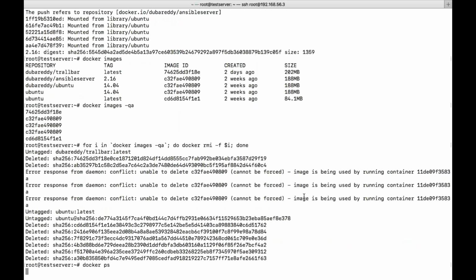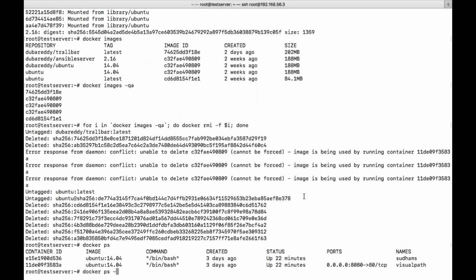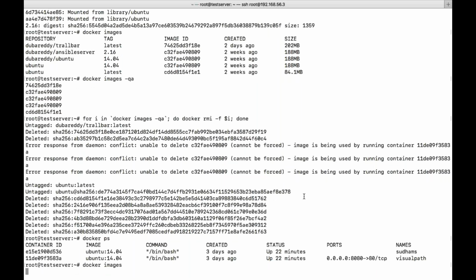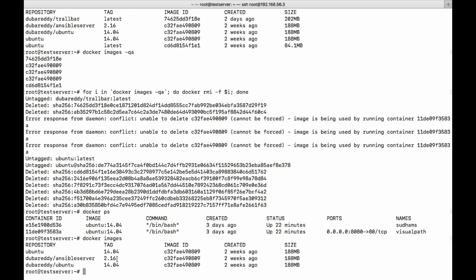So what I will do, it doesn't matter for me to maintain the Ubuntu images. These images are available and they are interlinked to this particular image, so that's the reason I'm not able to delete it. You can see here, all the image IDs are the same. So now I will try to download the same image. I will stop the containers. Even specifying forcibly, it doesn't delete. When there is a container running using this image, it doesn't allow you to delete. Okay, got it.